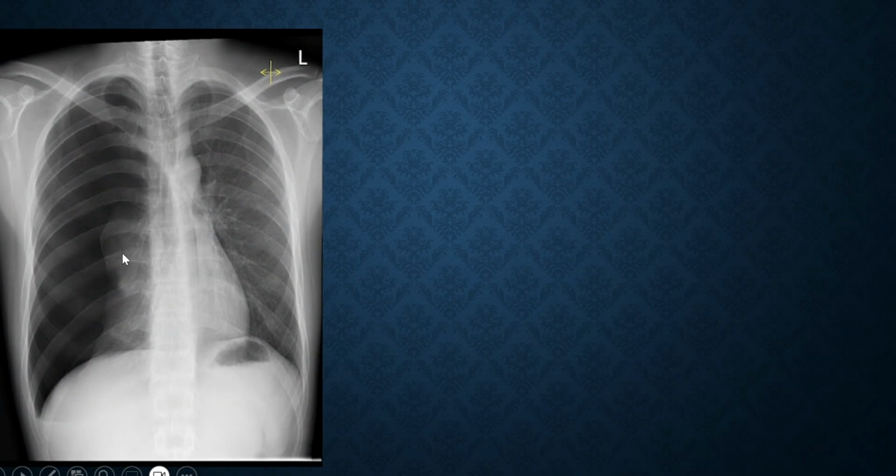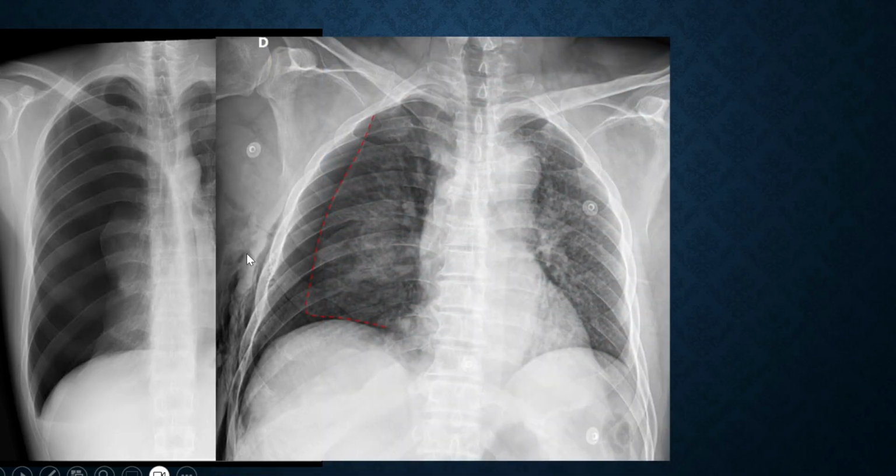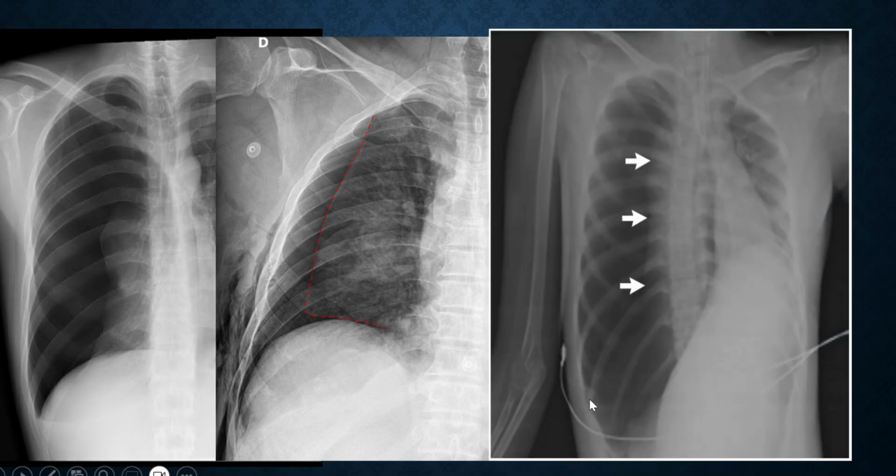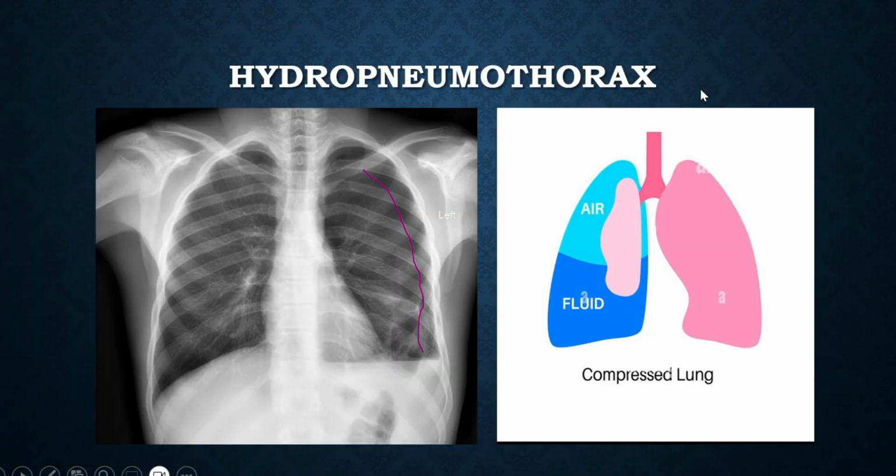In chest X-ray, we can see that this is the closed type, where air is within the pleural space with collapsed lung. This is the open type, where we can see the subcutaneous emphysema with pneumothorax. And this is the tension pneumothorax, where mediastinal shift can be seen and depressed diaphragm. This is an emergency condition.